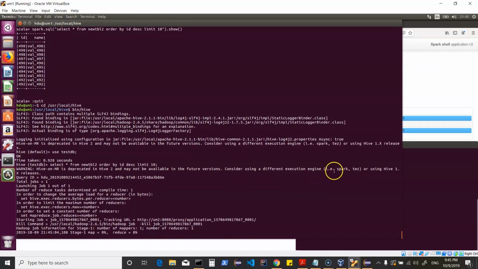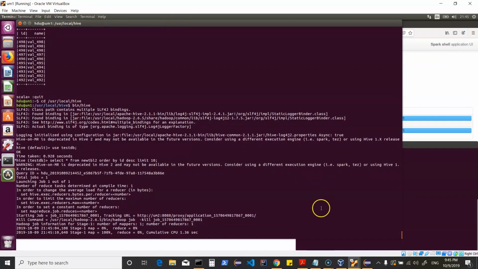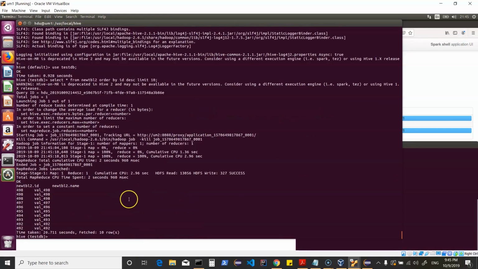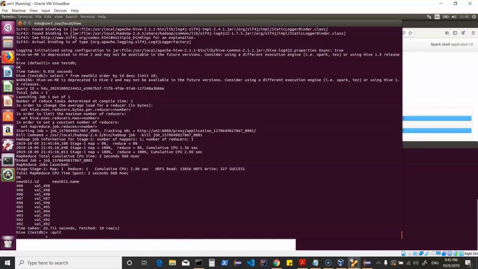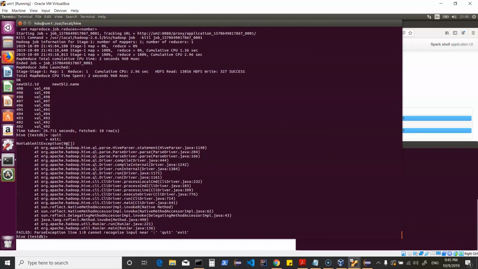You can use other execution engines like Spark and Tez. But we are querying the table which we had created using Spark, and now we are using Hive to do it, which obviously takes more time. It triggers a MapReduce job and does the work for you. So this is how you can use your Spark SQL and your data frames to work.